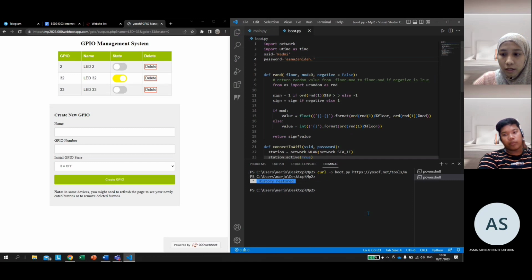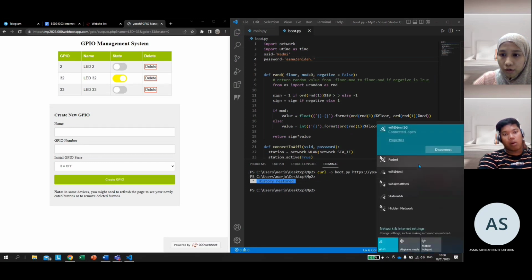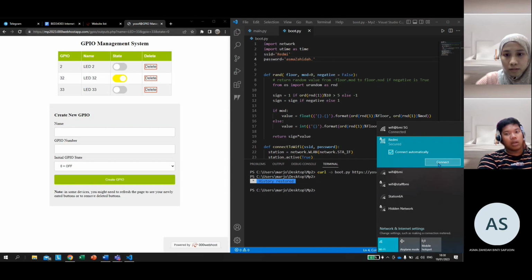Save this first, and then I need to change Wi-Fi here, my Redmi. And then I've connected to Redmi, and then I need to connect this first. Disconnect because I need to do this. Then